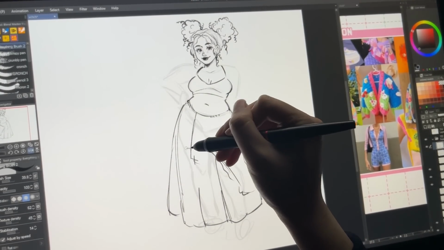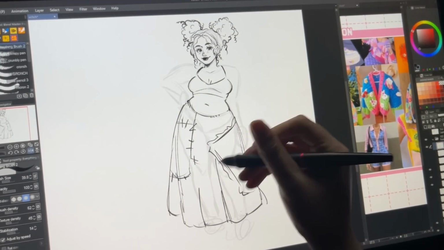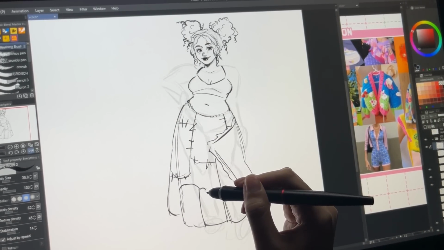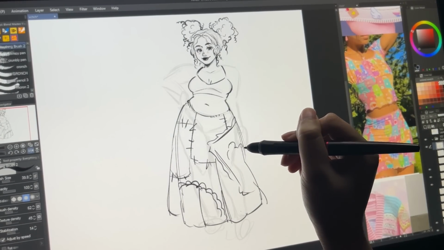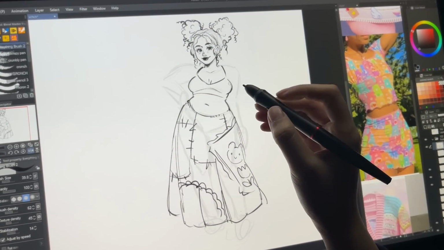Look at that pudgy belly button, it looks so nice. So I was being stubborn and I drew the skirt low-waisted like this. I mean, it's not completely low-waisted, it's kind of medium rise, but it also makes her stomach look a bit more round and out there instead of being squeezed into the skirt.